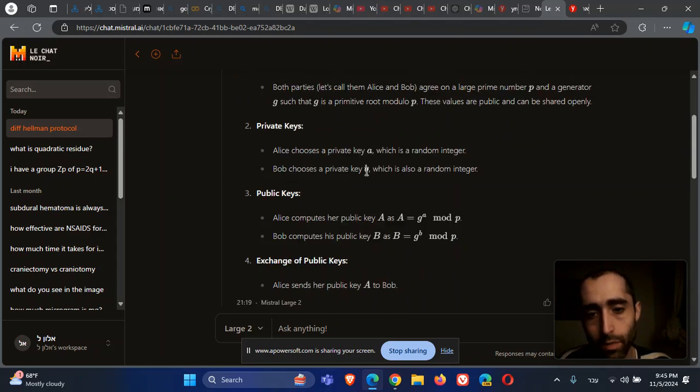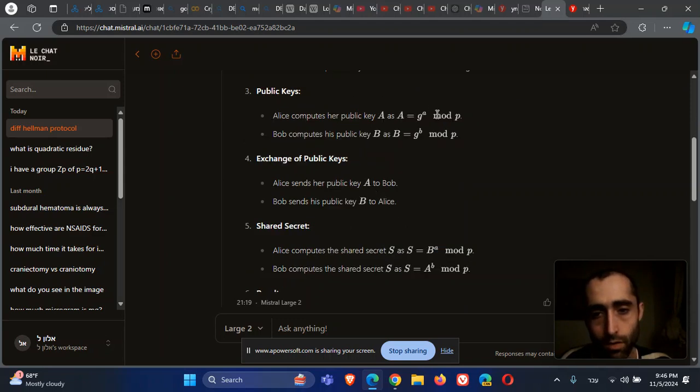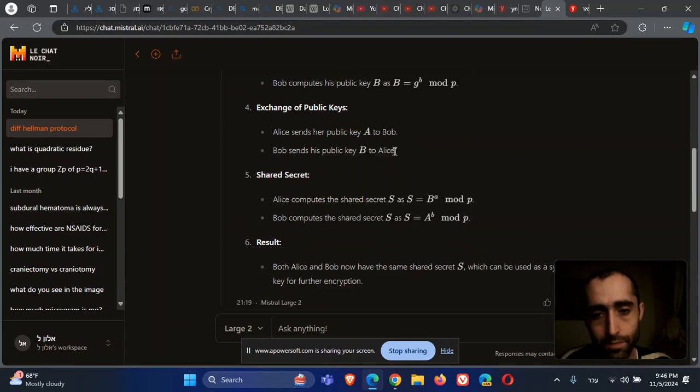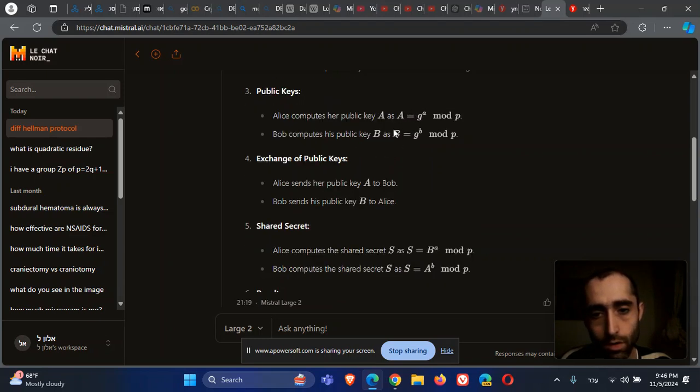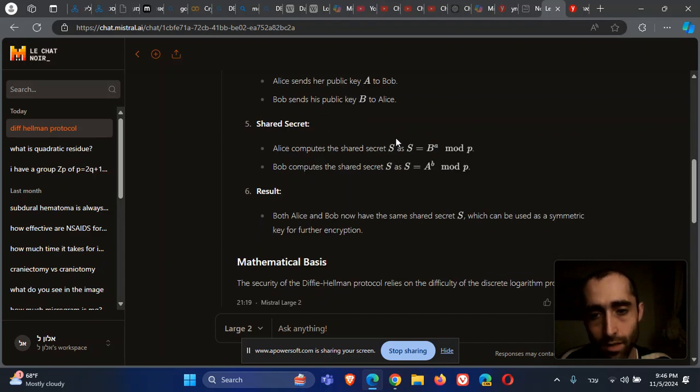Now, Alice and Bob each choose a private key. Both are just random integers. Now, Alice computes G to the A, mod P, and Bob computes G to the B, mod P. Now they exchange: this goes to Bob, this goes to Alice. And now they both get S by raising it to the power of,